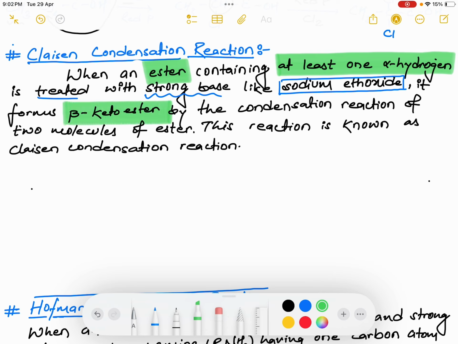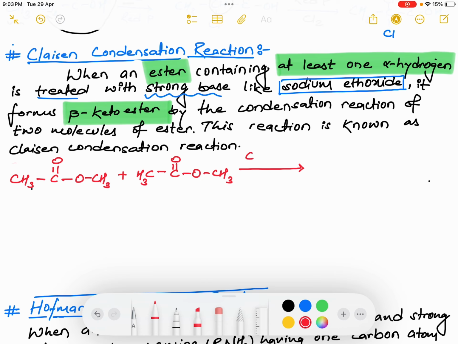Let me take an ester. So the ester is basically, let me take it like CH3 C double bond O O CH3. Okay, so over here this one is my ester. Let me take another ester which also looks like CH3 C double bond O O CH3. And I need to treat it in the presence of sodium ethoxide. So ethoxide is